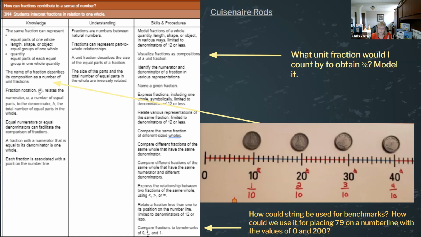Okay, do I have the capability to do that? I sure do. I can find the halfway mark, or I could have found quarters along the way. So again, just put it in terms of money, change the number to money. But the idea is, have they transferred what they've learned on just finding unit fractions to even using that on a normal whole number line?